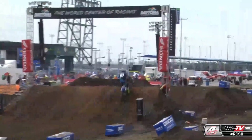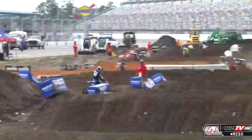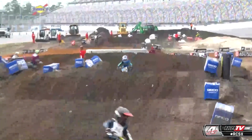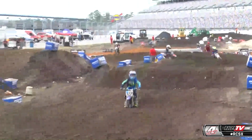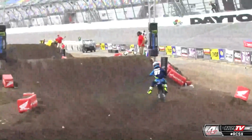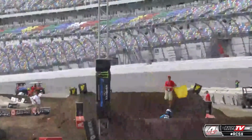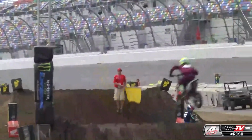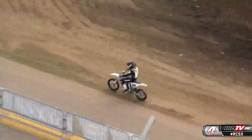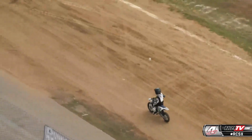He is hungry to take wins out there, and I'm going to keep my eye on him as far as the amateur events throughout the course of the summer, because this might be a kid that might be making a blip on the radar that might be covering the radar whenever we get to Loretta Lynn's. Well, as the checkered flag comes out, Tyler Mollett is going to take the victory on a white KTM, not a Husqvarna, listed on a KTM, but the bike is white plastic on it. He takes the victory, and he'll be beating David Iser down